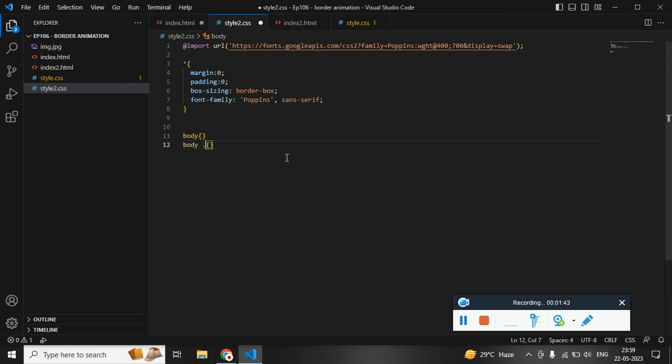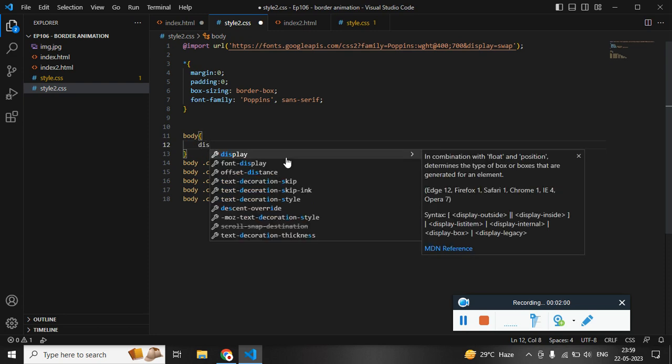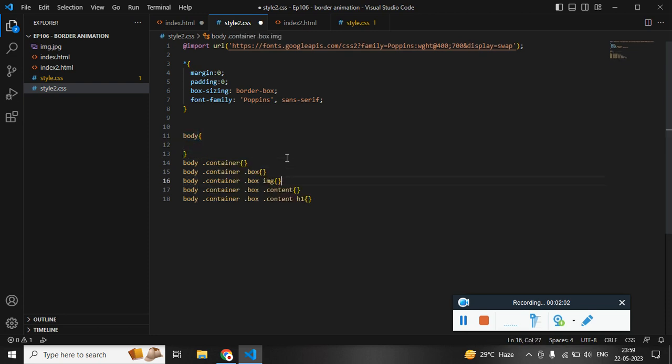Inside the body we have container. Inside the container we have box. Inside the box we have image, and the second child is content, and inside the content we have h1, and whatever is there inside. So let's just define the width and height. So the image